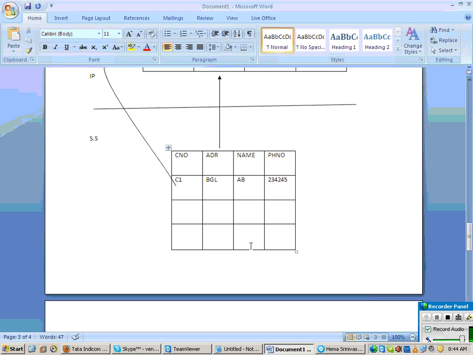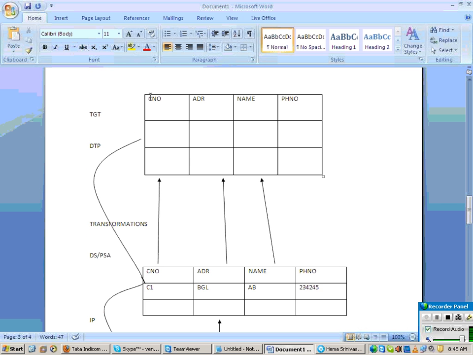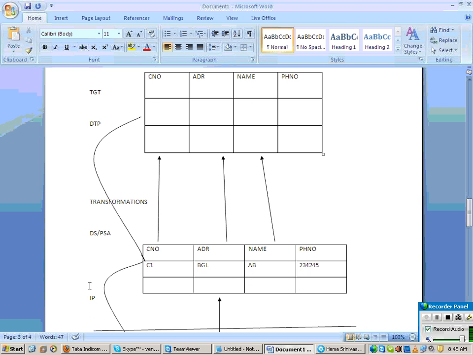Right? And you will decide the time, every 1 hour or 1 day or 1 week, based upon what? Based upon the end user reporting requirement. Suppose end user wanted a report on this target daily once. Do I need to extract the data hourly, weekly, monthly? Based upon that, your extraction will also be hourly load, daily load, yearly load, weekly load, monthly load, whatever it is. So that time interval you set in info package and DTP.